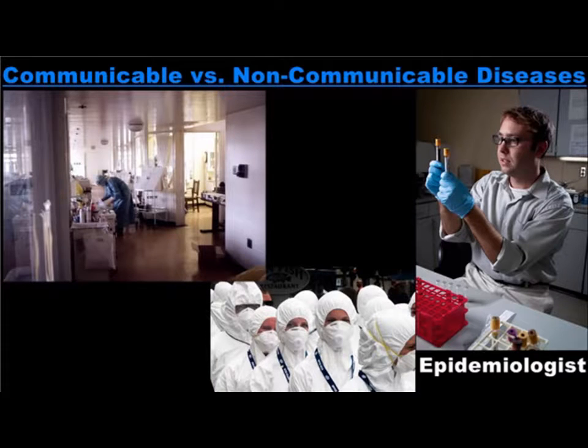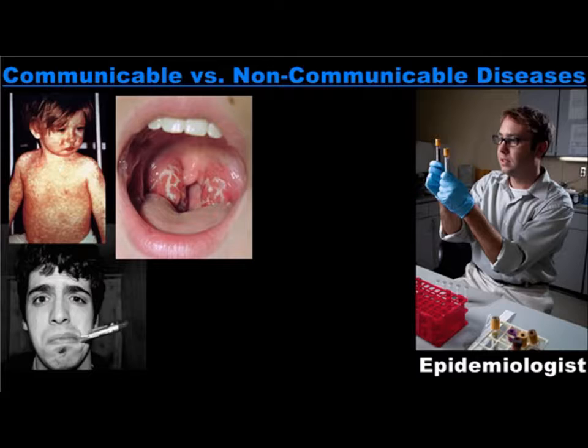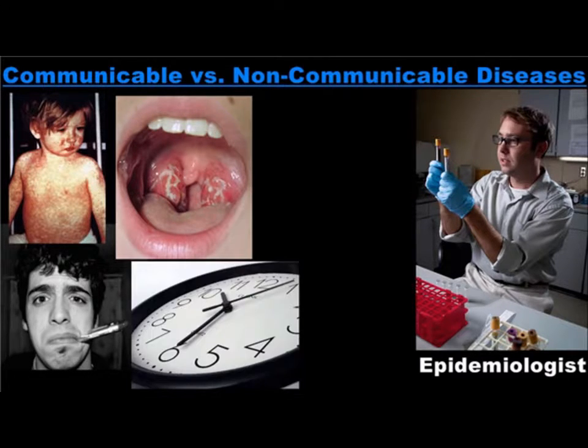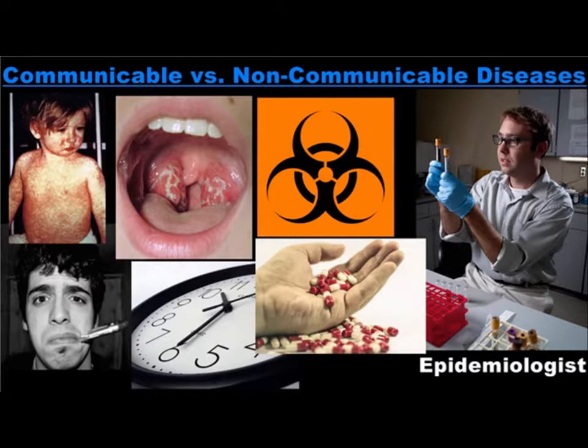In addition to preventing the spread of communicable diseases, epidemiologists also study the causes of disease and the patterns those diseases exhibit. For example, an epidemiologist might document the symptoms of an illness, how long it takes for a patient to start showing symptoms, and whether the disease is contagious. Epidemiologists may also study treatments or research cures for a disease.